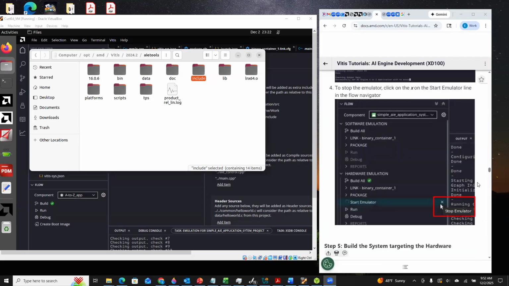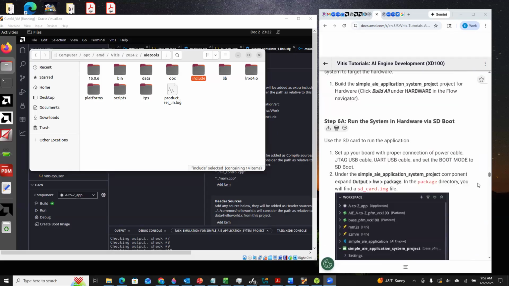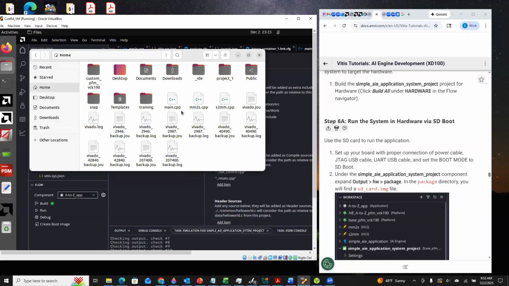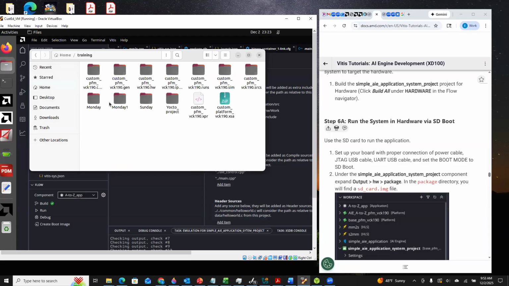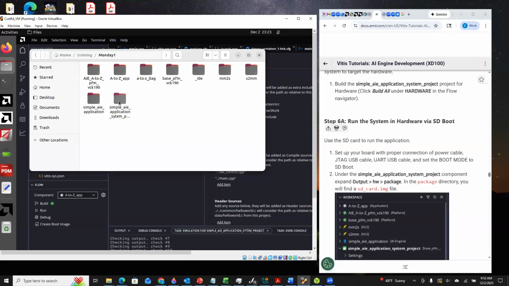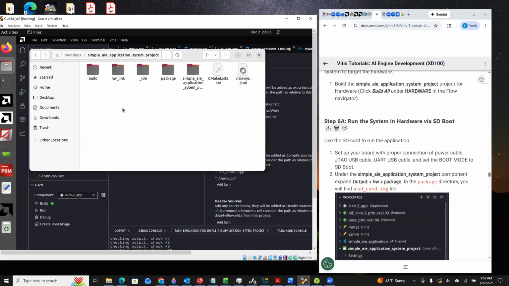If we come down, step 6A here was to basically run the system and hardware using an SD boot. So we would need that SD image file that you just referenced. And it was already part of the build. So we basically just went to the appropriate folder, which, for the purpose of this lab, is, let me go back to home, to training, to our workspace, Monday 1, to the simple application system project under